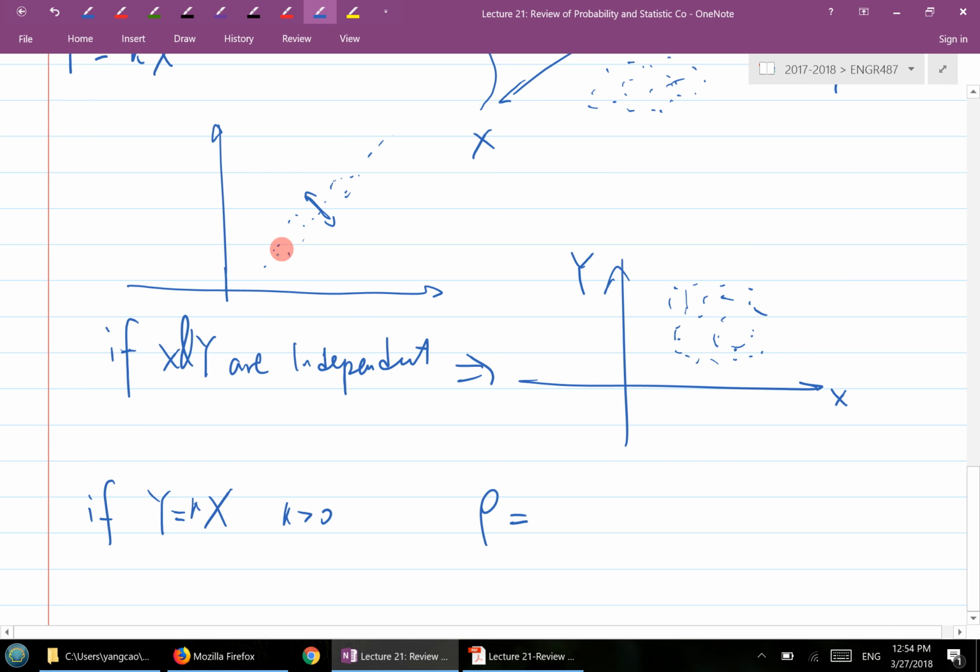If you got basically something like this, right? And this correlation coefficient, in this case, will equal 1, right? So there's basically complete correlation between the two random variables. And if the k is less than 0, then you got basically -1 here. So that rho value actually tells you what type of variance or correlation there is between the two random variables here, right? So it's a very important parameter,